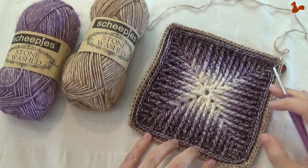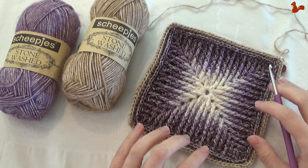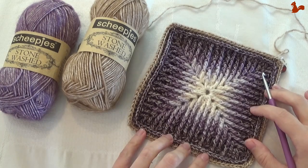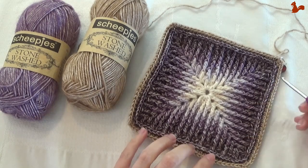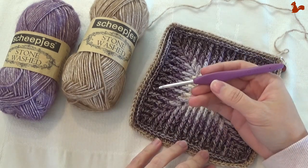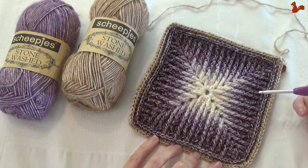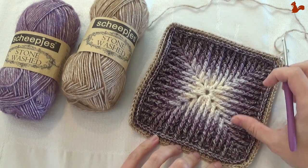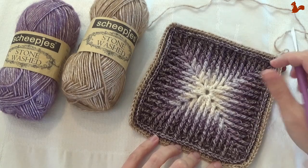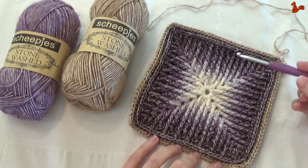In this video I'd like to show you how to do part 1 of the Elements crochet along. Elements has been designed by Sandra Kuijer from Hooks and Yarn. For part 1 I'll be using Scheepjes stonewashed yarn in combination with a 4mm crochet hook. There are a few interesting parts in this pattern, especially to get this beautiful textured design. So I'll be showing you step by step how to make the rounds of part 1 that you get this